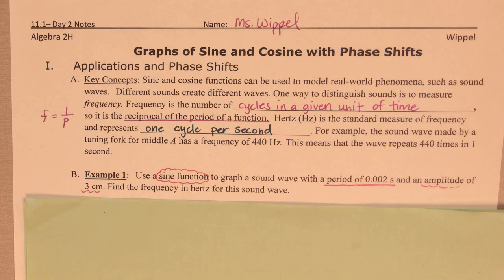So I'm not sure if in science class your teachers ever showed you a tuning fork, but it makes a sound wave. And it has a frequency of 440 hertz. This means that the wave repeats 440 times in a second. So we're going to use the sine function to graph a sound wave, and then I also am going to